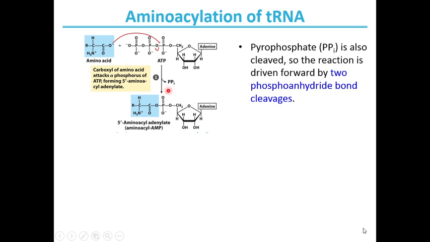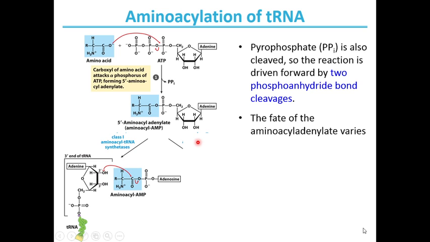The pyrophosphate that leaves is also cleaved. So the reaction is driven forward by two phosphoanhydride bond cleavages. The first phosphoanhydride is this, and the second phosphoanhydride is the cleavage of pyrophosphate to two individual phosphates. And the fate of aminoacyl adenylate varies. How does it vary? In the first case,